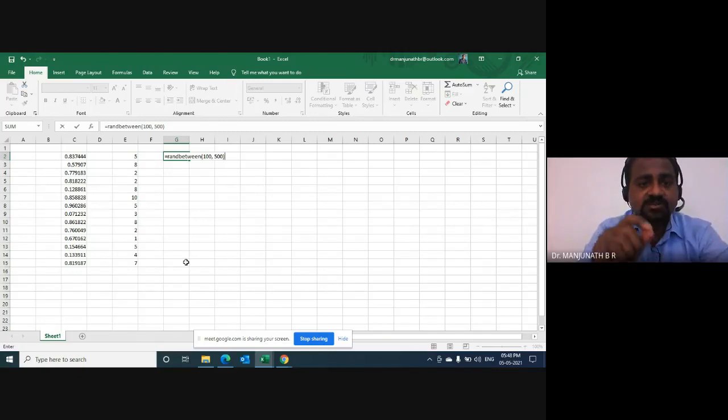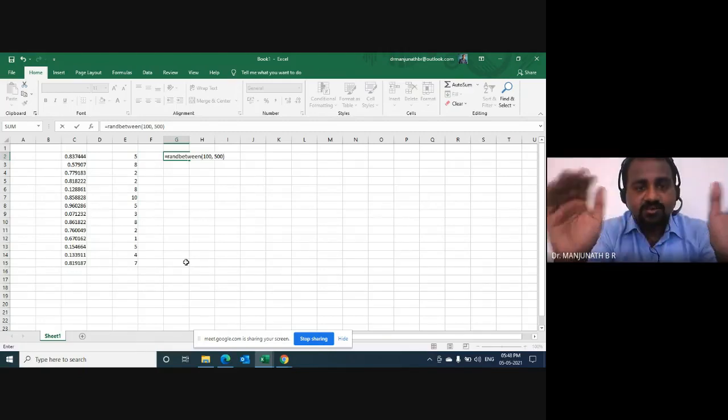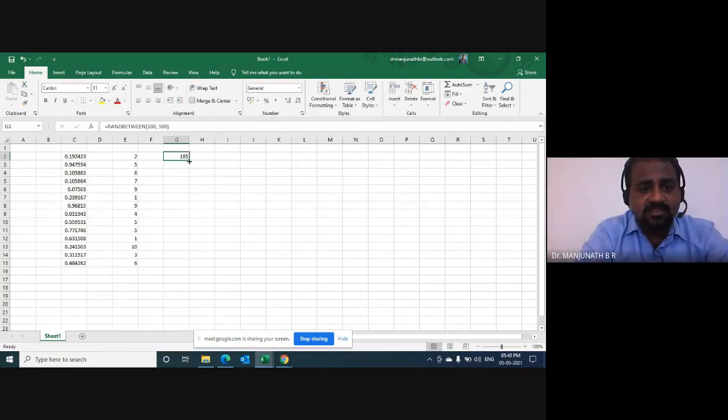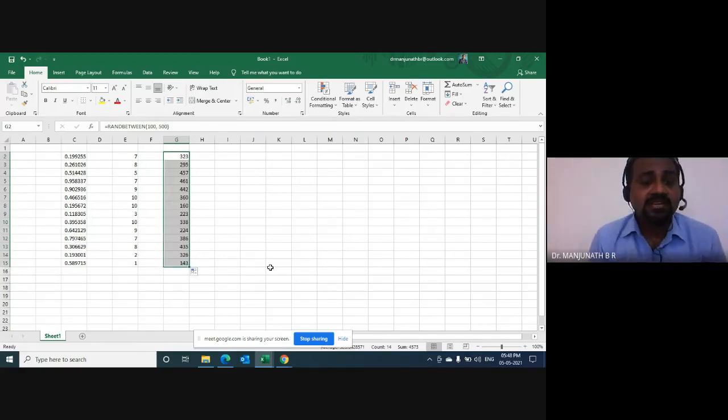When you write is equal to RANDBETWEEN, within the brackets 100 comma 500, you are saying, hey Excel, throw the random numbers between 100 to 500. If you hit enter, you can see here the values. If you just drag, you will be getting some random numbers, and the random numbers are between 100 to 500 because you gave the requirement.